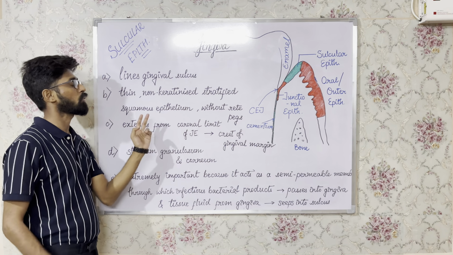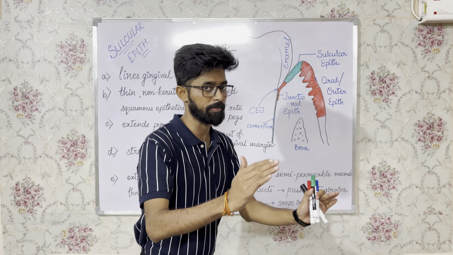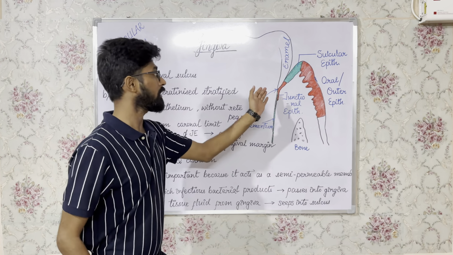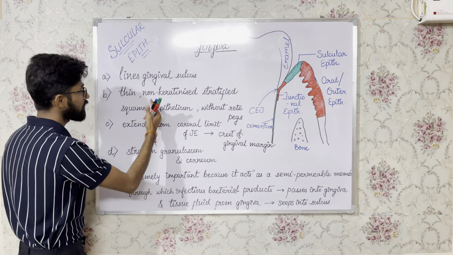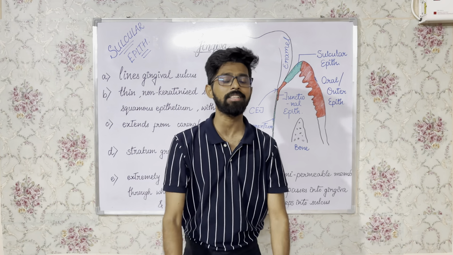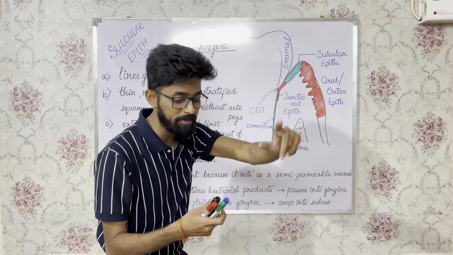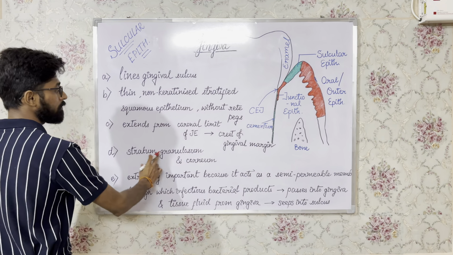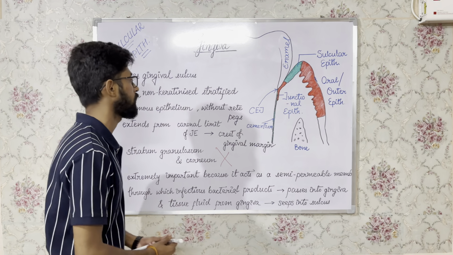It is thin, non-keratinized, stratified squamous epithelium. So gingival epithelium is altogether stratified squamous epithelium, but oral epithelium was keratinized stratified squamous epithelium. Contrary to that, sulcular epithelium, as I mentioned earlier, is non-keratinized stratified squamous epithelium. So guys, since it is non-keratinized, what we can expect, the top 2 layers will be absent. So that will be another point. Stratum granulosum and stratum corneum are absent, or this layer is devoid of stratum granulosum and stratum corneum.